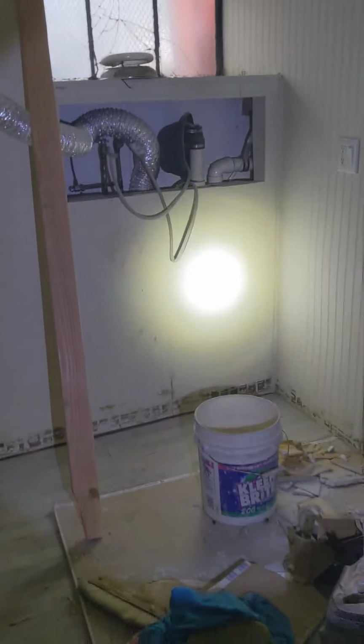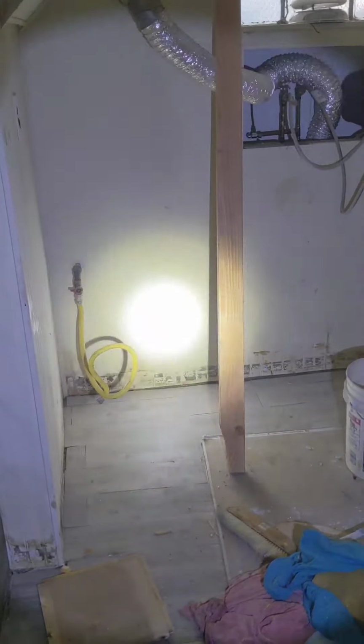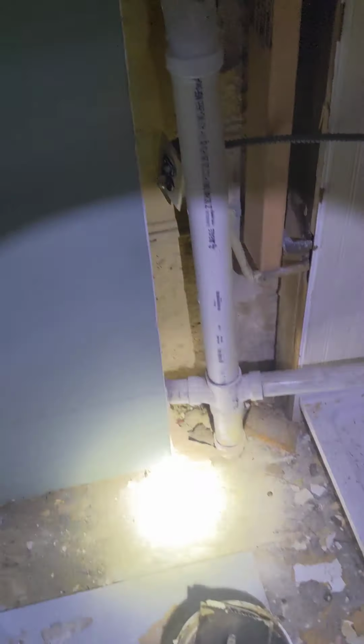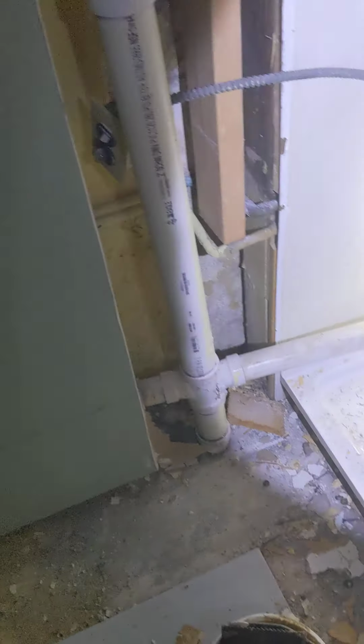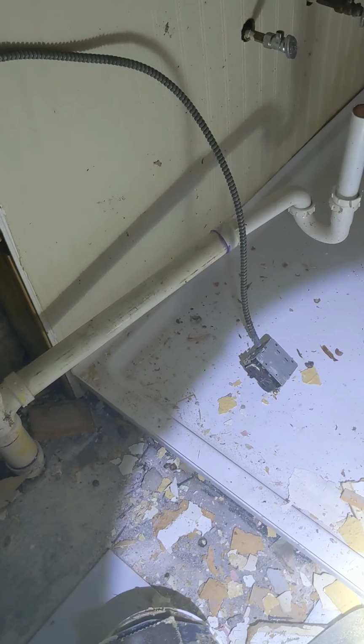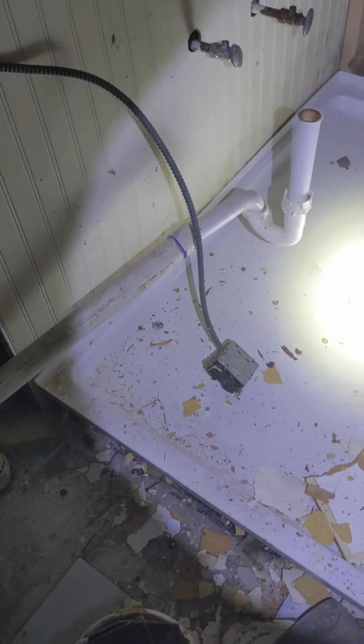So there we go. Now down here, they have their washer and then they have their dryer hookups. They added this bathroom over here. And this one we need to really further inspect. But they had the trap here because there was a sink. They just put this tub pan in place. But where's the drain for the tub? Where's the... Let's see here. I don't think there's...